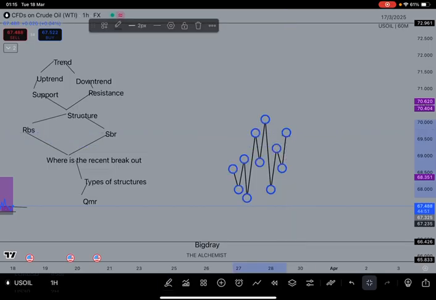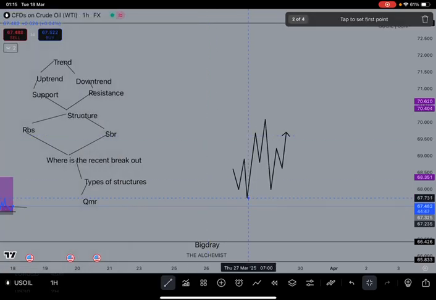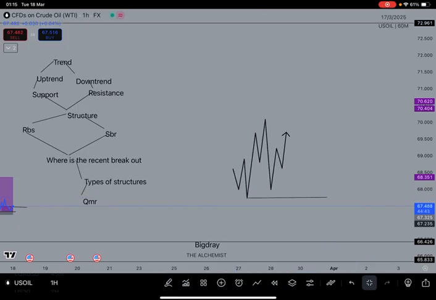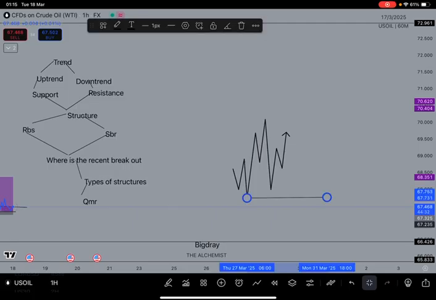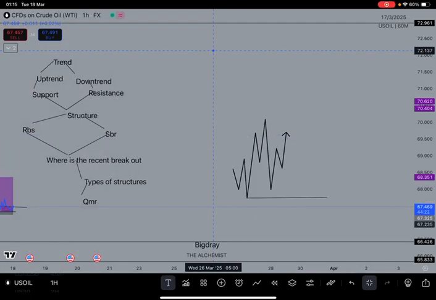You can see right here is your what? Is your support. Also your what? Also your order block. I tell you that most of the time support or resistance are mostly order block. You understand? So where do you mark as your order block? The last, the closing range of the bearish candle before the bullish impulsive move. The closing range of the bearish candle. Let me type it. The closing range